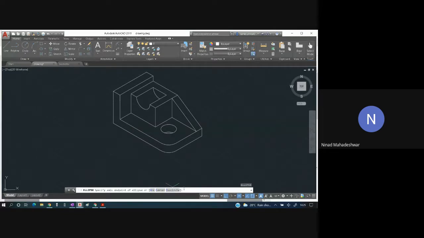If the command bar is not available, just press I, enter. It will exactly go to the center of the isocircle. So specify the center of the isocircle. Put the radius. Radius is supposedly 25, so you put down the radius over there. If you have to change the plane, you have to press F5.